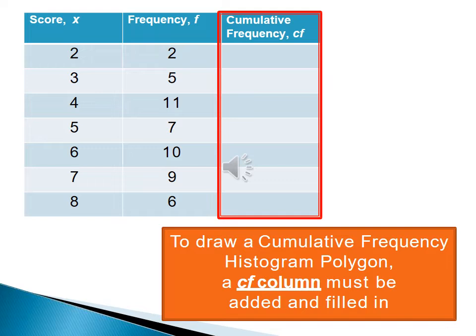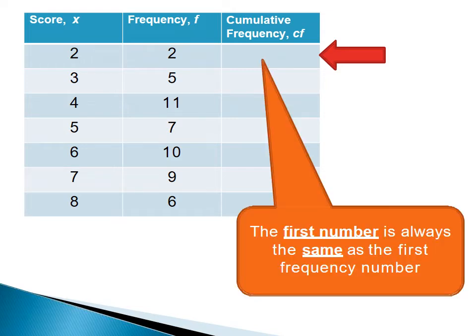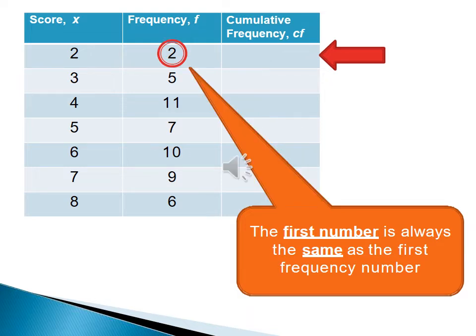To draw the cumulative frequency histogram polygon, we must find the cumulative frequencies. So into the frequency distribution, the cumulative frequency column must be added and filled in. I'm sure you know how to calculate the